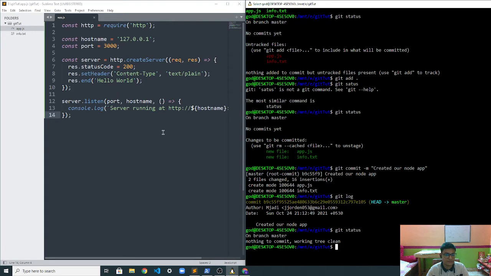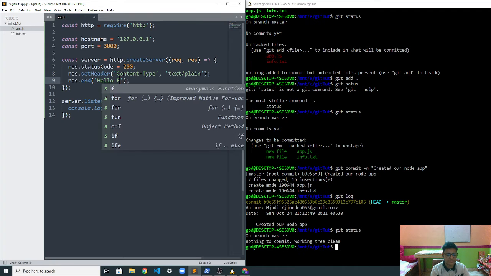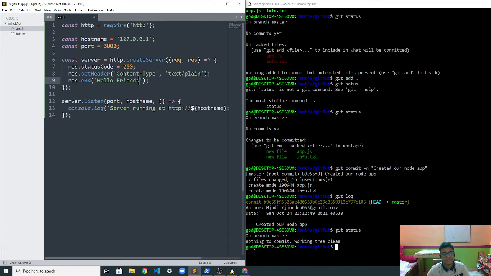Okay, so now what we'll do, we're going to make some change in our code. So let's write hello friends over here. Let's assume a situation where we wrote a big chunk of code that didn't work, and we want to go back to the original commit we last made.